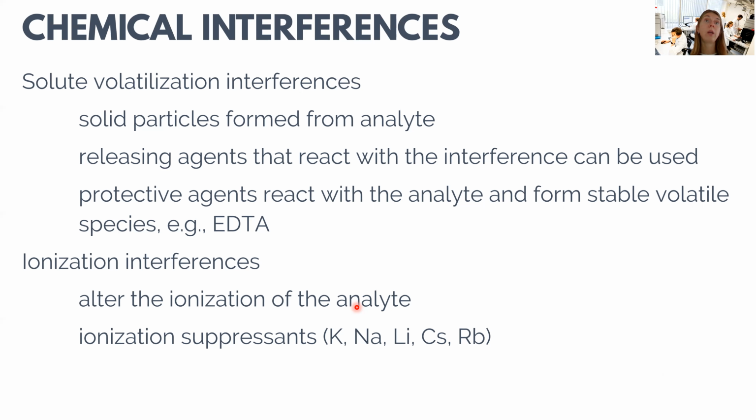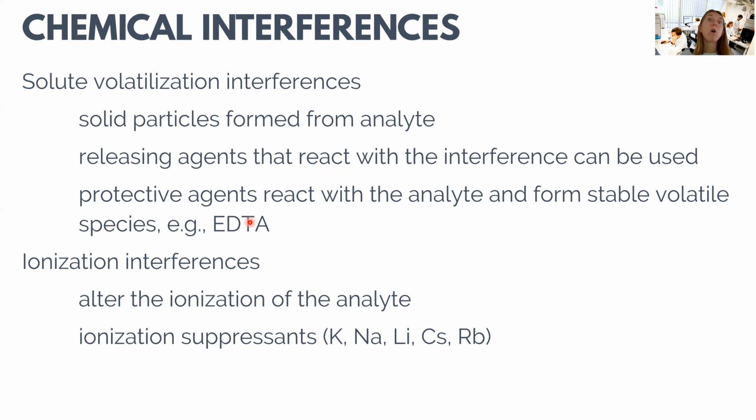So these are usually a reagent that forms a very stable complex with our analyte. This very stable complex is then more stable than the analyte-interferent complex, but the newly formed complex is also volatile and helps therefore our analyte to become gas phase atoms. And a very commonly used protective agent is EDTA for very many